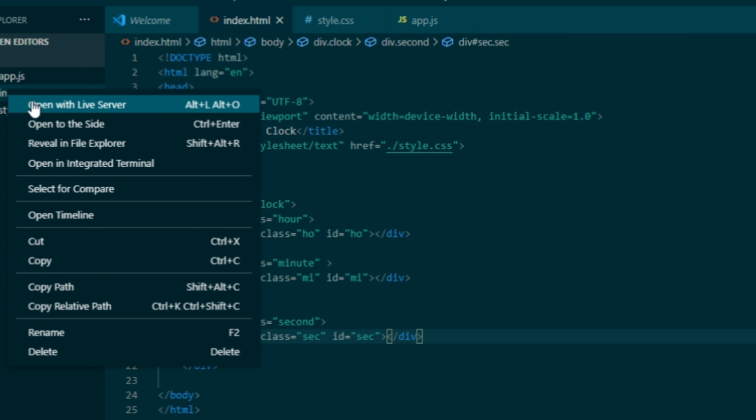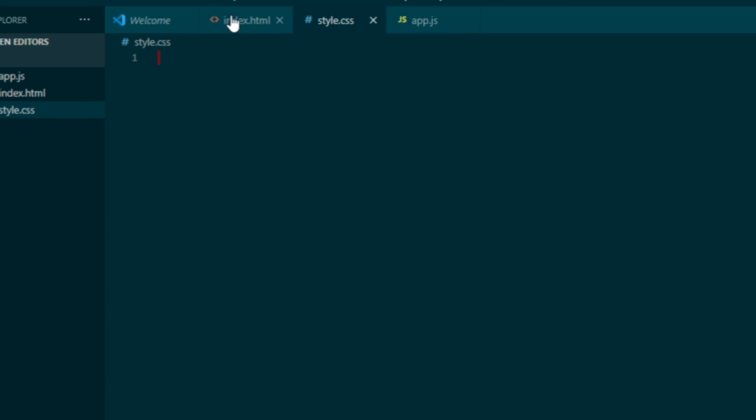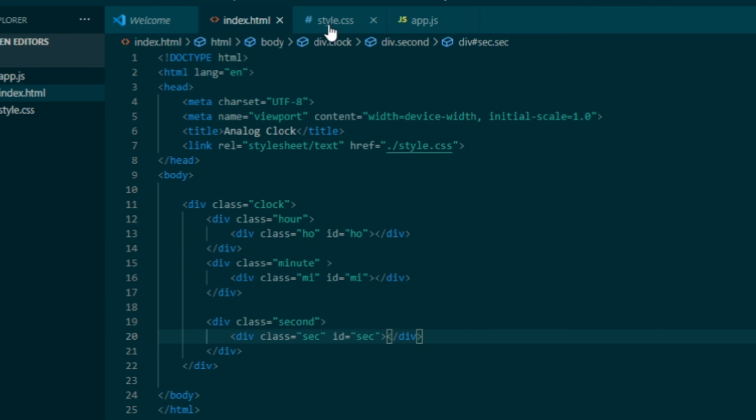If we open a live server now, nothing is available. What I'll do is, actually before streaming it, I have once tried it, so I have the CSS codes right now. I'll just stick it here because I would not like to waste the time.